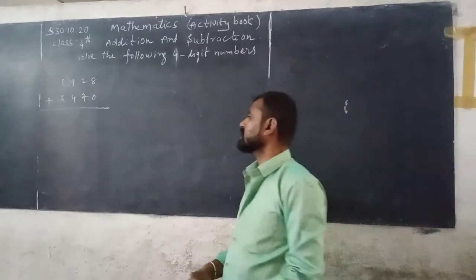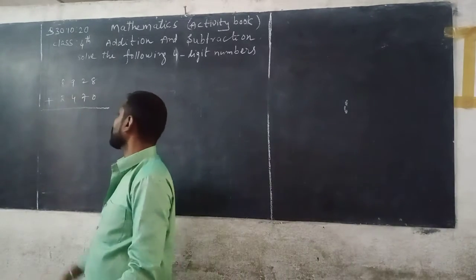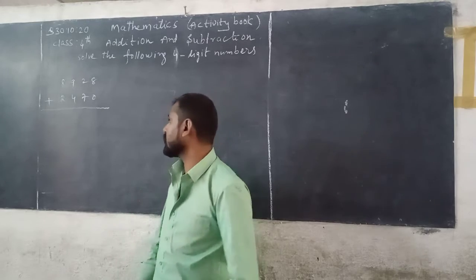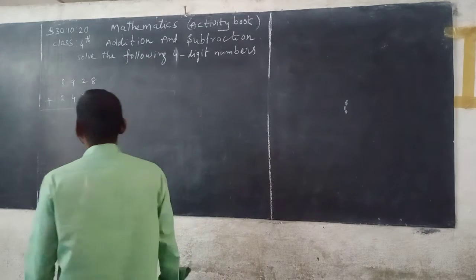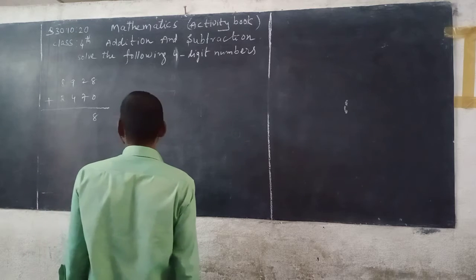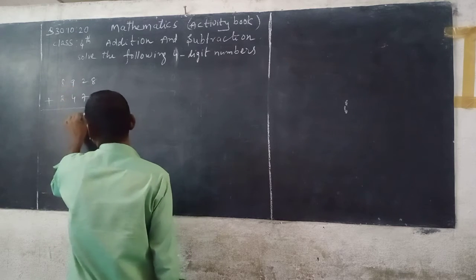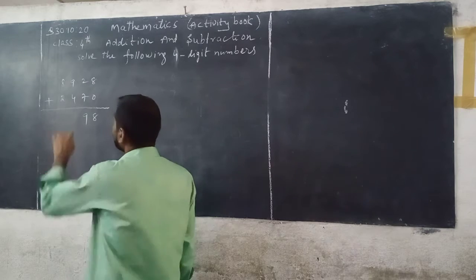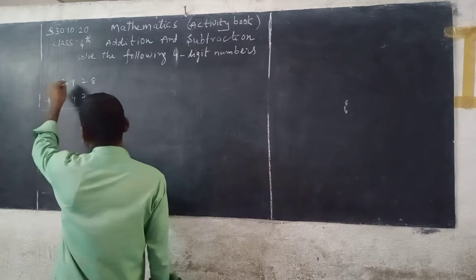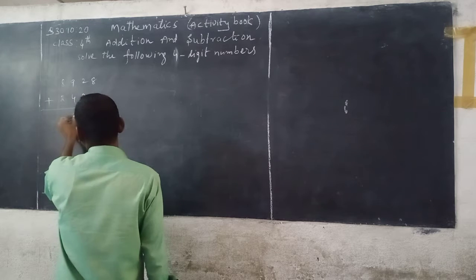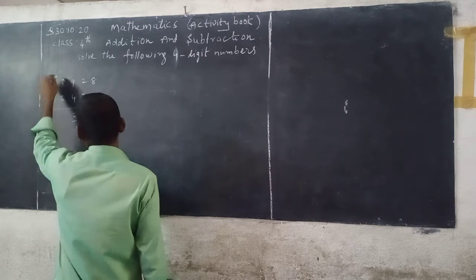First add the digits in ones place, next tens place, next hundreds place, thousands place respectively. So here, first add the digits in ones place, 8 plus 0, you can get 8. Next, tens place, 2 plus 7, you can get 9, write down in tens column. Next we add the digits in hundreds place. See, 9 plus 4, 13. Here 3 taking, write down in hundreds column, and 1 is carrying in thousands place.